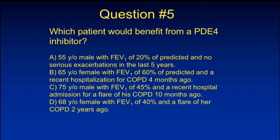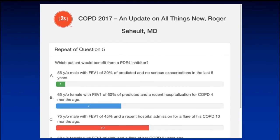Question number 5. Which patient would benefit from a PDE4 inhibitor? Is it A, a 55-year-old male with FEV1 of 20% predicted and no serious exacerbations in the last 5 years? Is it a 65-year-old female with an FEV1 of 60% predicted and a recent hospitalization 4 months ago? Is it a 75 with 45 and 10 months ago? Or is it somebody with 40% 2 years ago? I'll just focus on the appropriate information there. So which one gets the